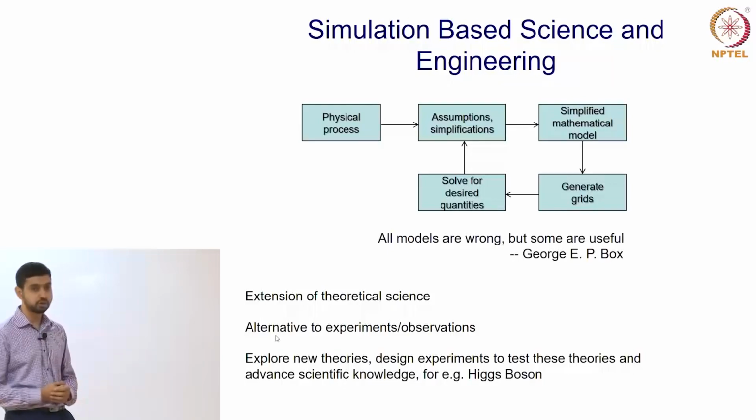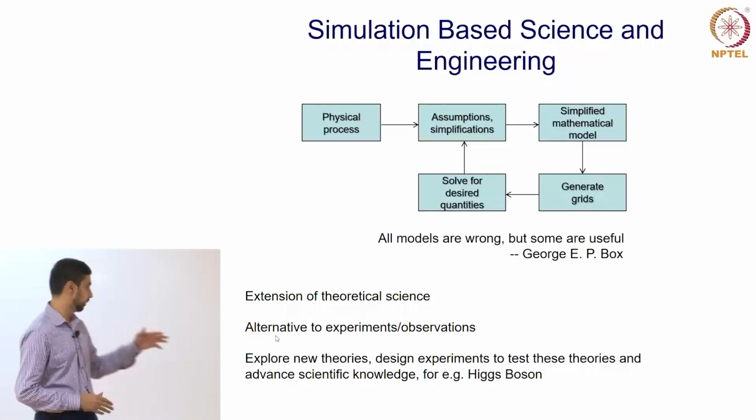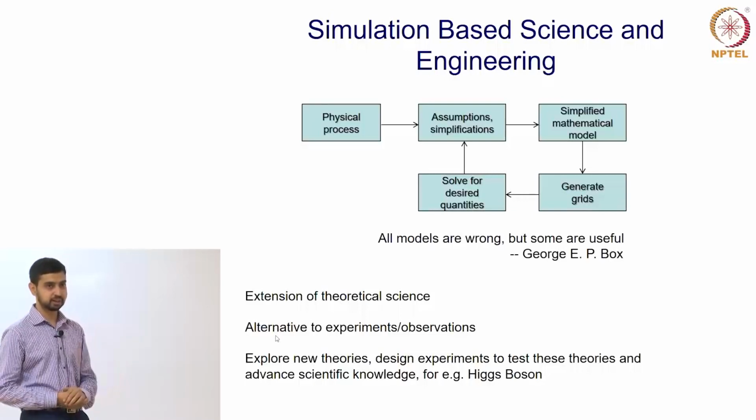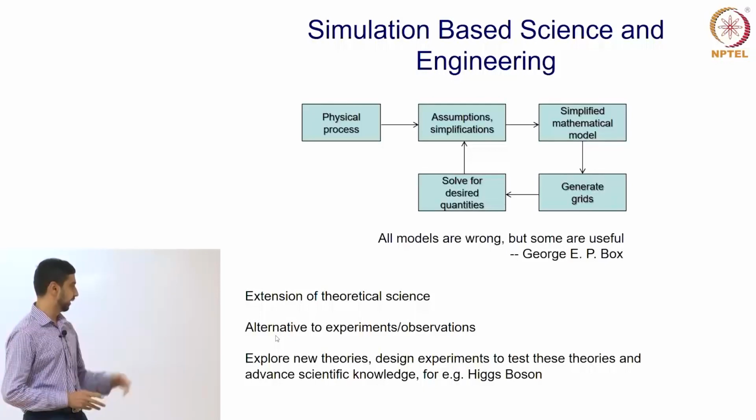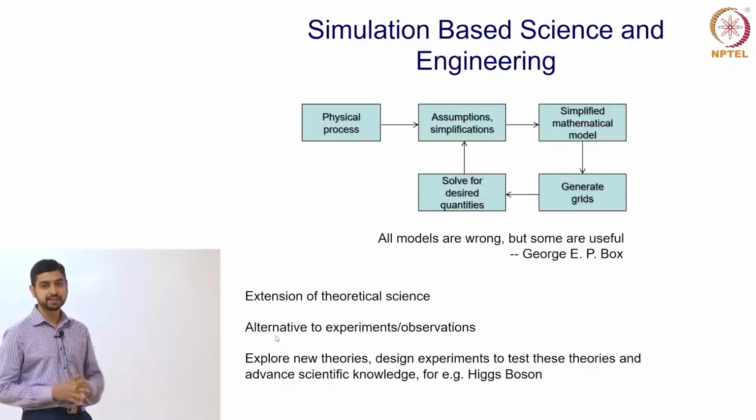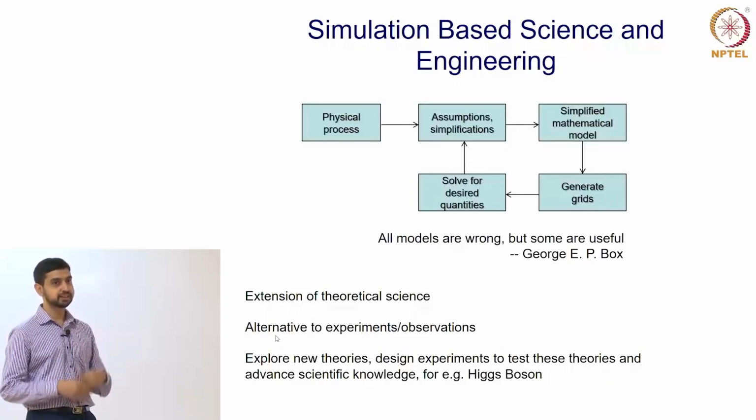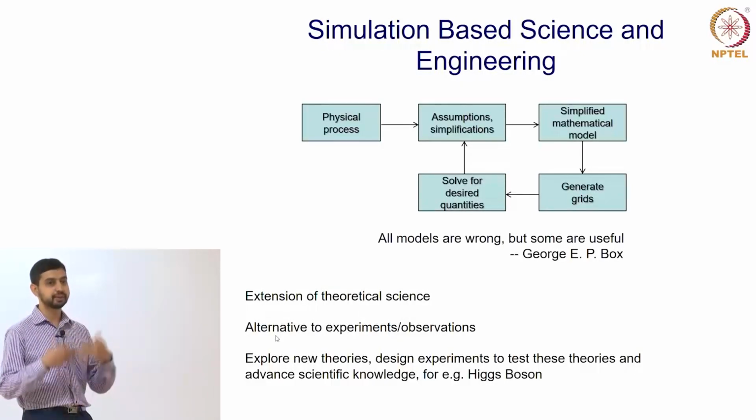For example, the Higgs boson. I mean, we are going into particle physics right now, but Professor Higgs had come up with this particle way back in the 1960s, and then they devised experiments. You may have heard of the particle accelerator at CERN, and then they did all these particle colliding experiments, and they were able to verify the predictions that he made way back in the 1960s. And there are several computational models out there which were able to predict it. So, these computational models are able to help you design these alternate experiments that could eventually advance scientific knowledge.